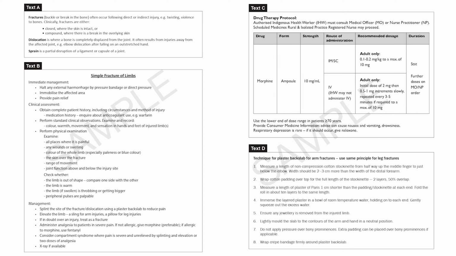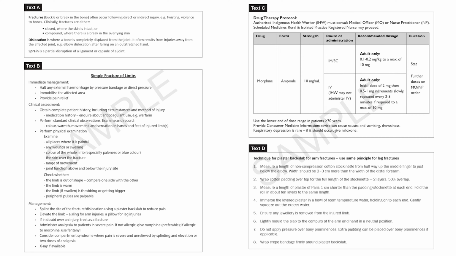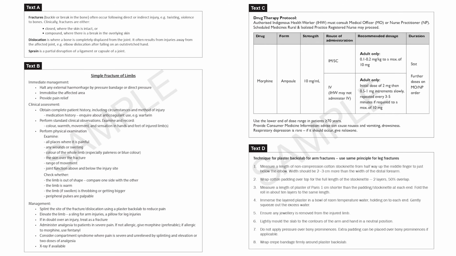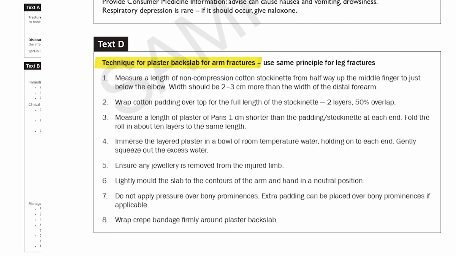In the first paragraph, you see the definition of fracture, definitions of different types of fractures and definitions of dislocation or sprain. In paragraph B, you will see the initial management of a fracture, medical therapy, surgical therapy or the pain relief medication you give in case of a fracture. In paragraph C, you will see the dosage, the amount of morphine you give to a patient either intramuscularly or intravenously in case of fracture. Paragraph D will have some information regarding the application of a plaster backslab to a fractured arm or